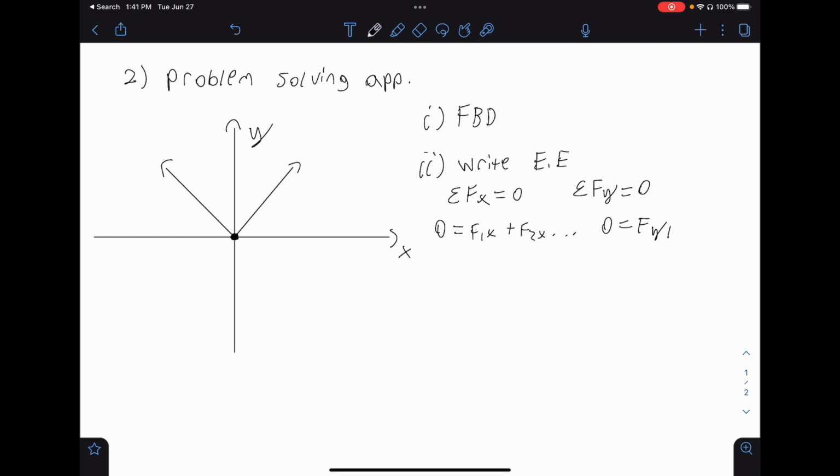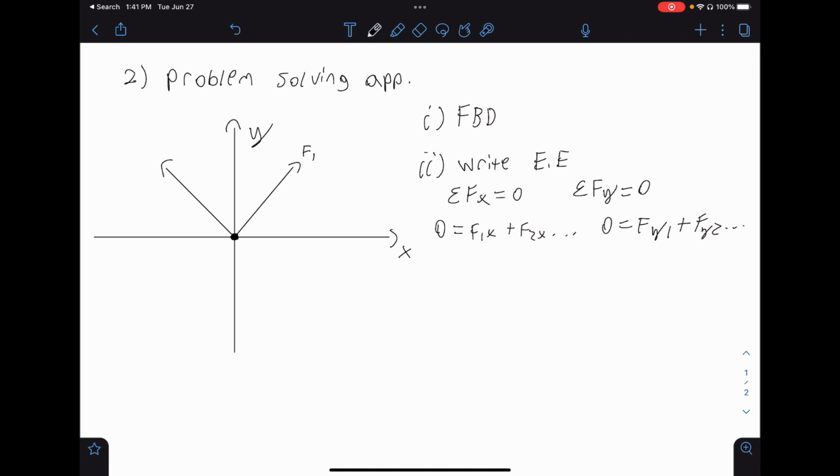I kind of drew that differently, but yeah, and we're just going to do the same thing for y. Next, you need to break up any forces that appear in both planes, appear on both axes, into components. So let's go back to our free body diagram right here, and we see that force 1 is on the x and y plane. It has an x and y component, and we know how to do this